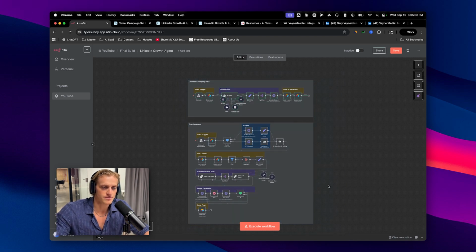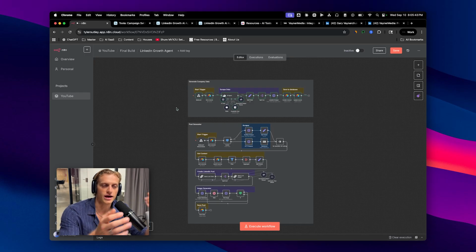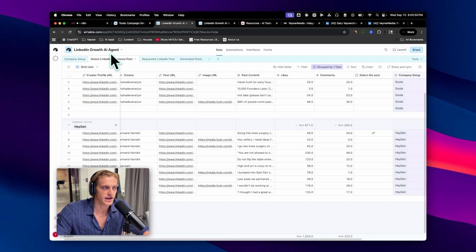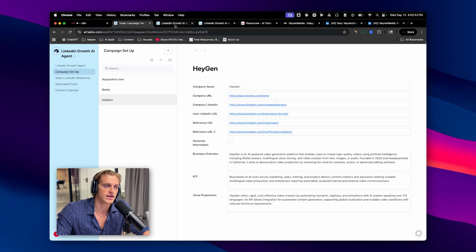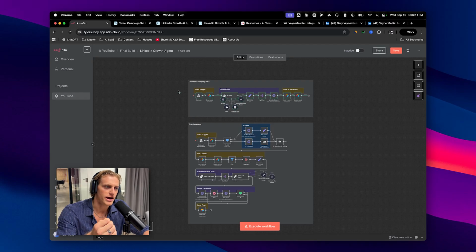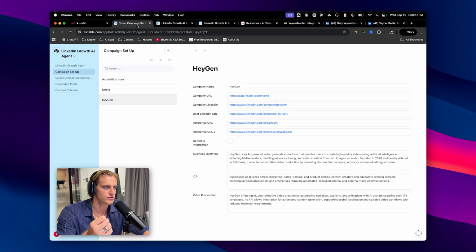But this is N8N, and N8N is basically the AI automation side of things. So whenever I go ahead and click around buttons inside of here, it's going to store inside of the database, because this is the front facing or the user interface. But Airtable, again, this is all in Airtable. I don't know if I told you that yet, but Airtable is just Google Sheets on steroids. It can literally just do almost anything that you want, but you can add in more automations and you can connect it inside of here,